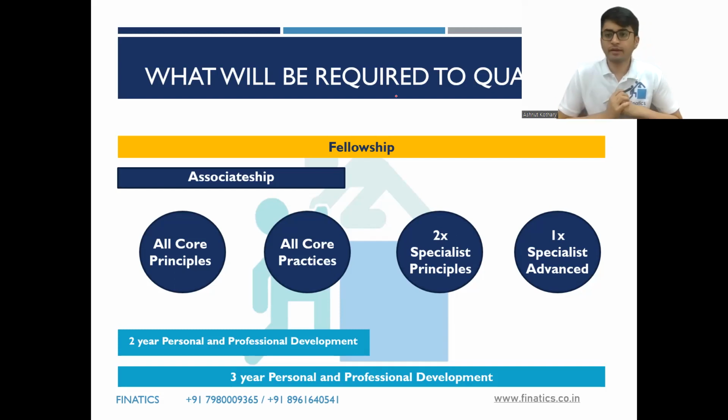What is the minimum time to become a fellow? Minimum time, theoretically speaking, is 3 years, because you need 3 years of work experience. So let's say you start pursuing actuarial science while you're working and you clear all the papers in 3 years, theoretically you become an actuary. That's the minimum time. What's the minimum time I have known? Recently, one of my students, or a friend, became a fellow, and she's around the age of 23 or 24.